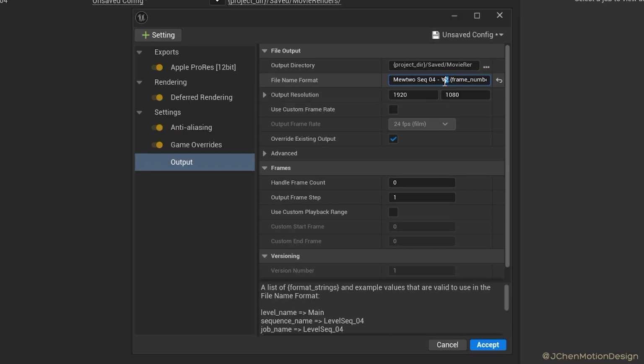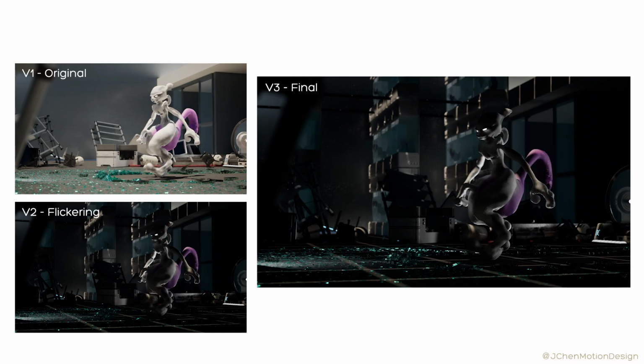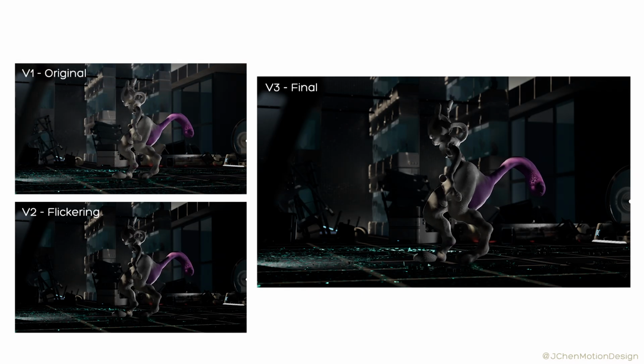I'll then update the name by incrementing the export number just for best practice and export again. If you compare the 3 renders, you can see now we've fixed both of these export